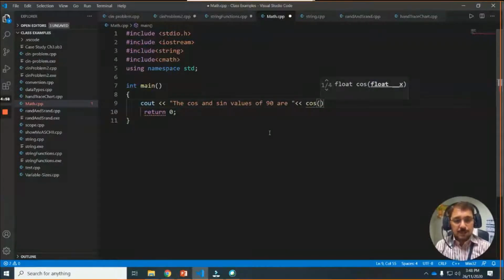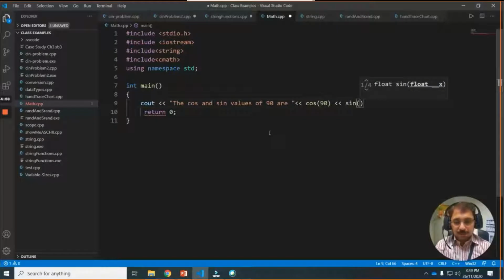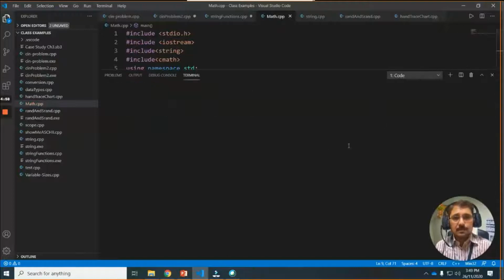You will have to use parentheses, and inside that you put the value that you want to calculate. And another one, if I want sine, it's a function, parenthesis and 90 and then semicolon. Save this one and run.